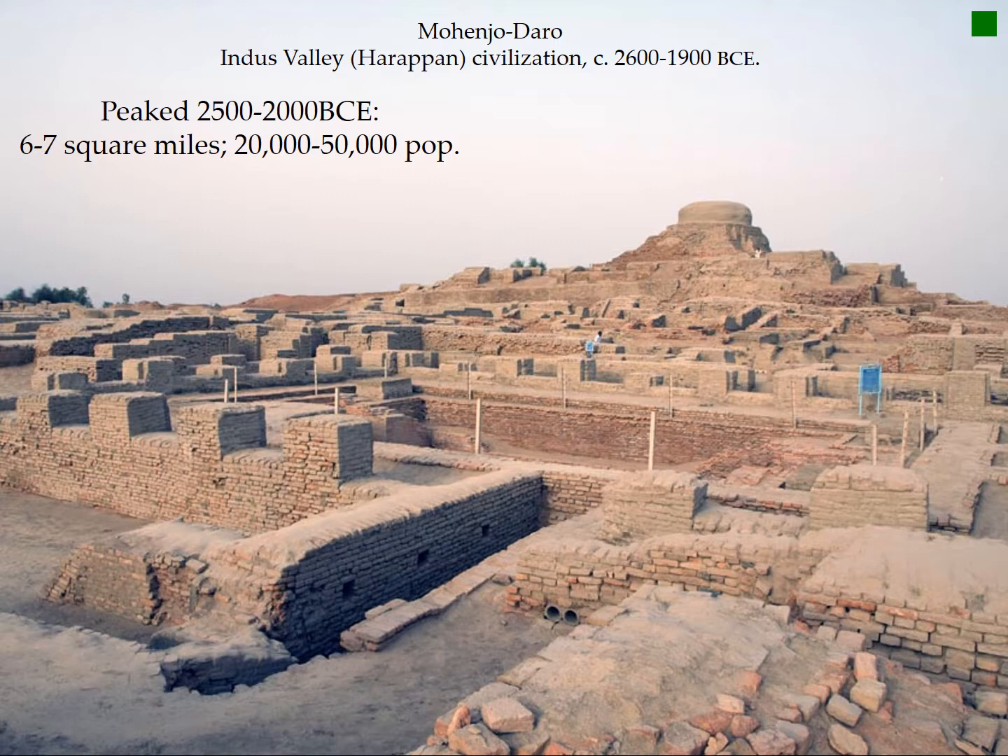Now, the civilization peaked in the 500 years between 2500 and 2000 BCE, to where it grew to 6 to 7 square miles, supporting a population of 20,000 to 50,000 people. A very impressive city indeed, even comparing it to the Sumerians in the West, or we should say the Babylonians